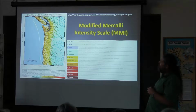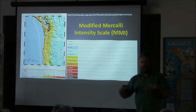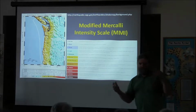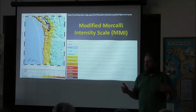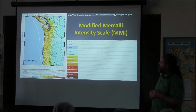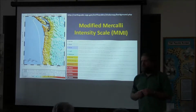So I mentioned earthquake magnitude, which is the area of slip times the slip, times the rigidity of the bedrock. Well, we also use what's called the shaking intensity, and this is an example of that, the Modified Mercalli Intensity scale. It's a scale from 1 to 12 of increasing intensity,